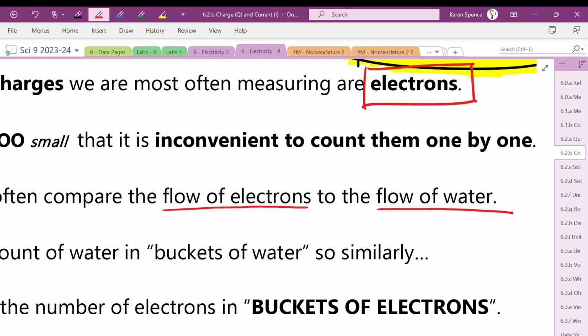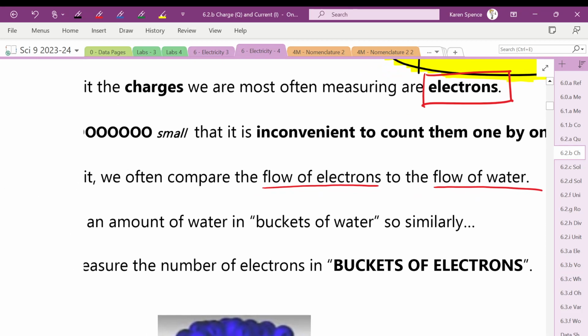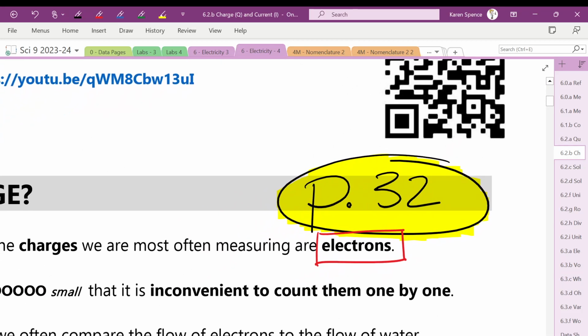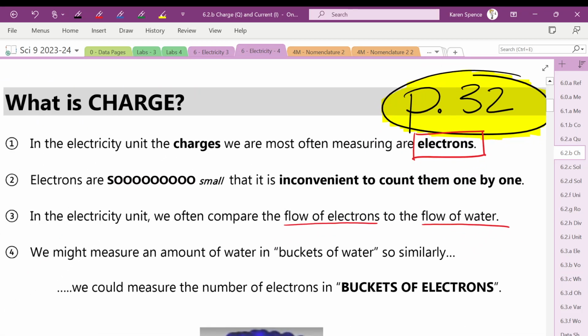Because we can all visualize the flow of water. Yes, we've all seen rivers, or if we haven't seen rivers, we've seen the little ditch beside the road and the water's going down it. We know what that looks like, but it's really hard to visualize the flow of electrons. So what we're going to do for this unit to make it a little bit easier to visualize,